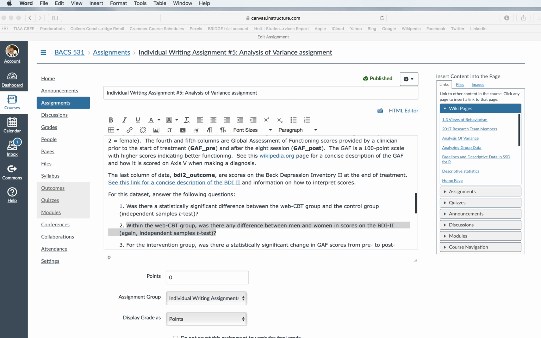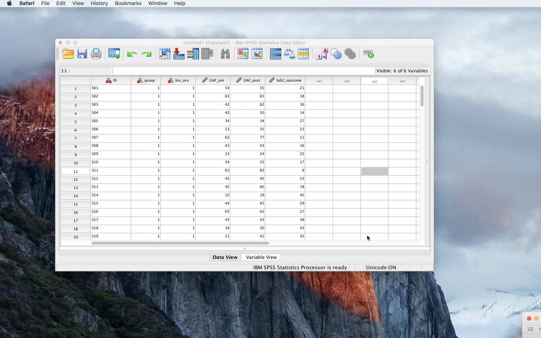So what we're going to have to do is to pick out and select only the data that are relevant to the Web CBT group. We're going to completely ignore the control group. Okay, so let's head back to our SPSS worksheet,